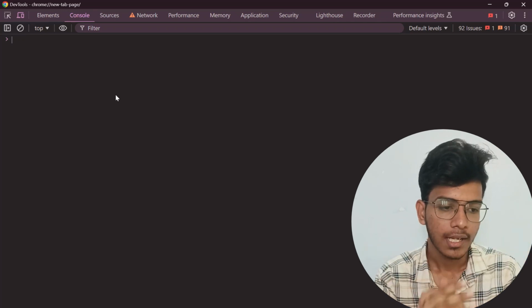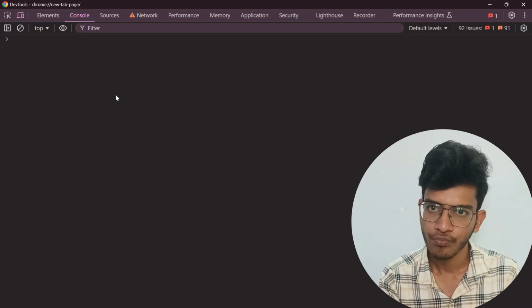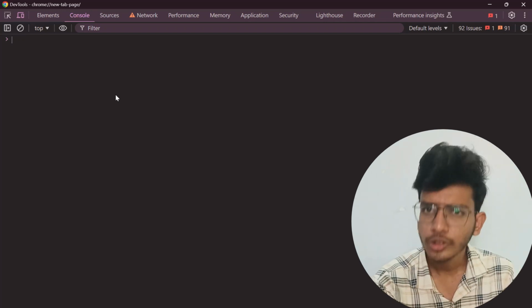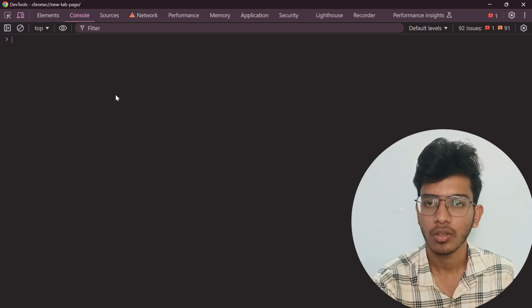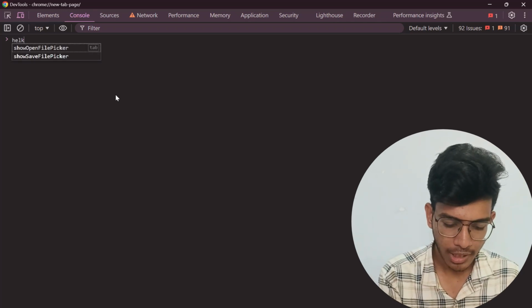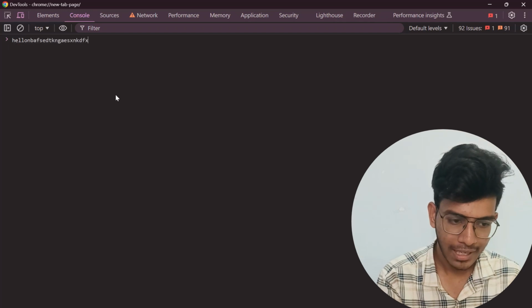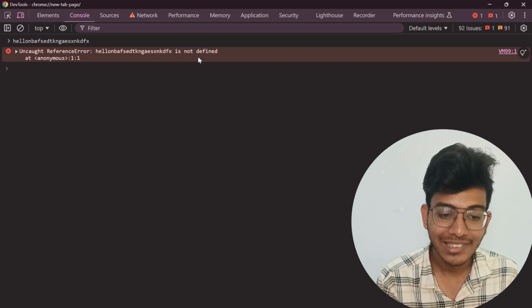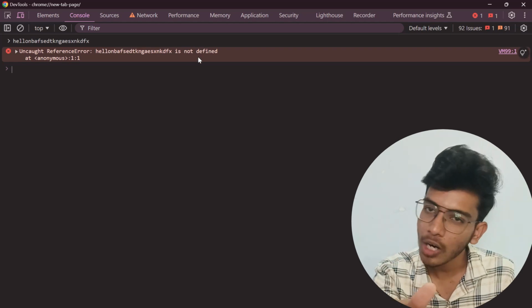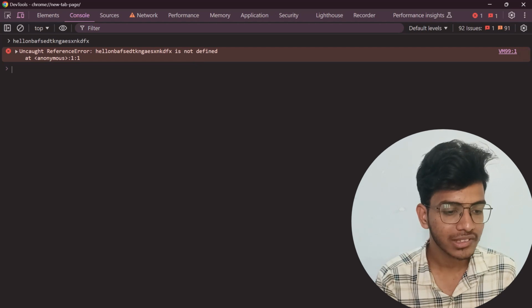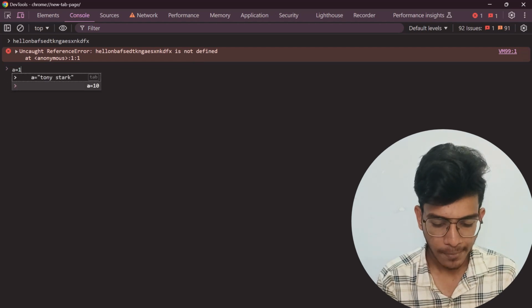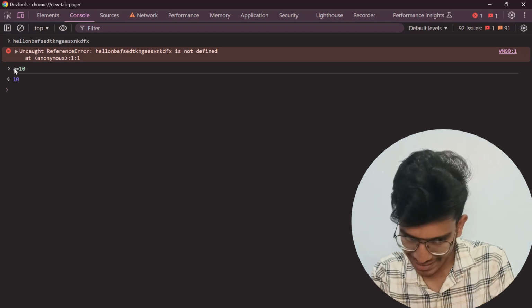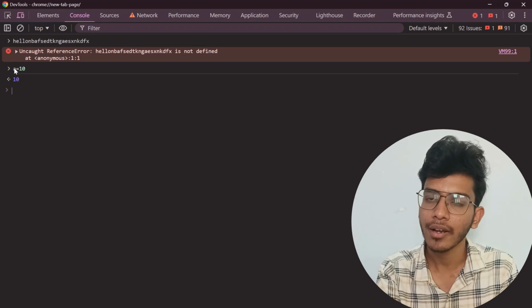Okay, now clear. What I just told you is that the console understands JavaScript, right? So whatever I'm writing, let's say I'm writing hello or some random thing, it will show me an error: Uncaught ReferenceError, hello is not defined, right? Now for example, let's say I'm writing a is equals to 10. Now you can see that when I wrote a is equals to 10, it didn't give me an error because